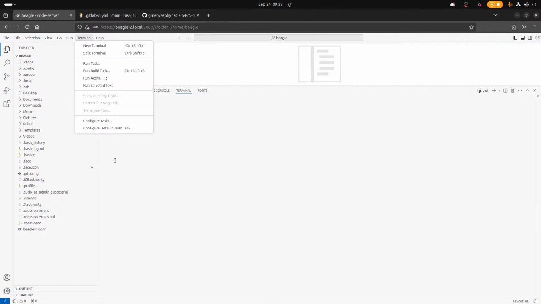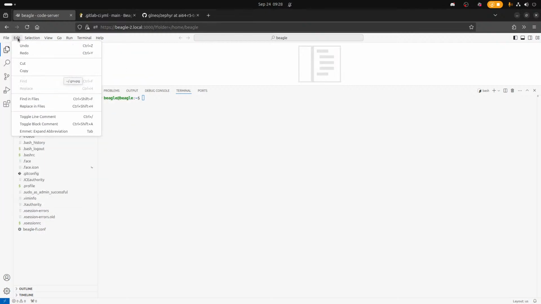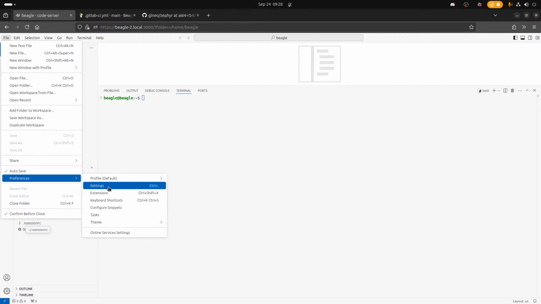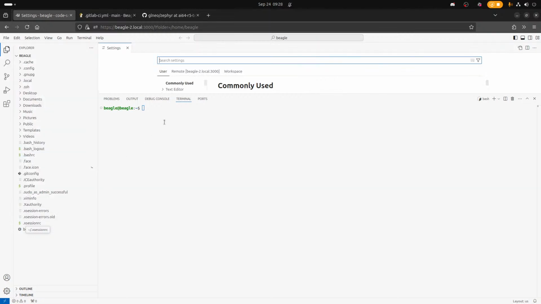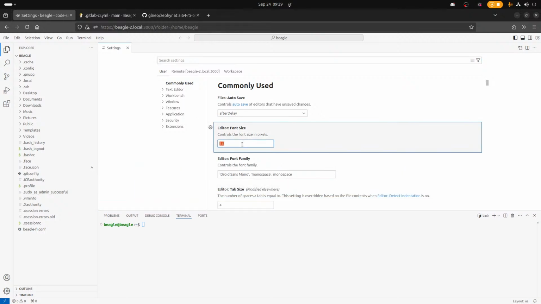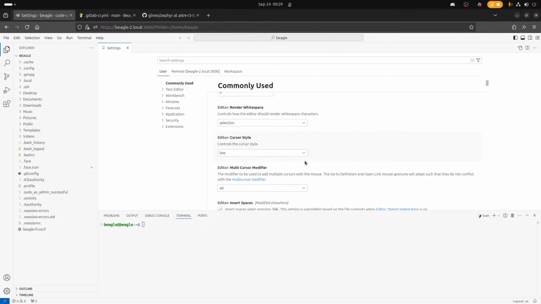I need to spend more time with it. Okay, yeah, the Wi-Fi driver always panics, it seems. So, do I save that somehow? Editor font size.